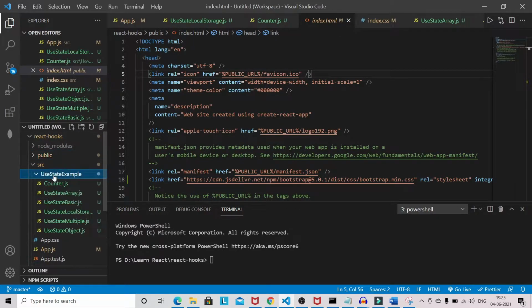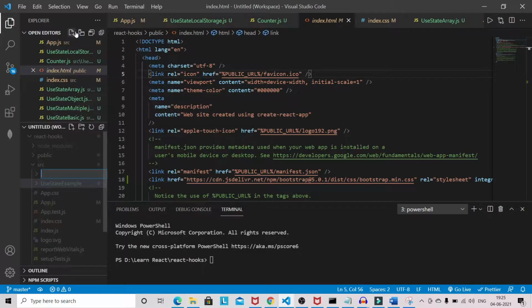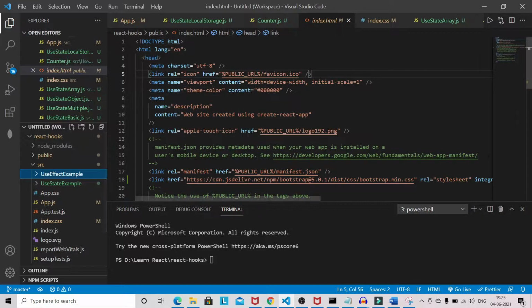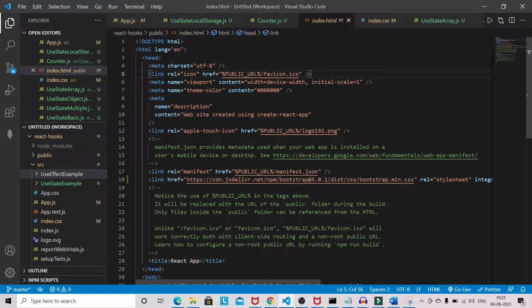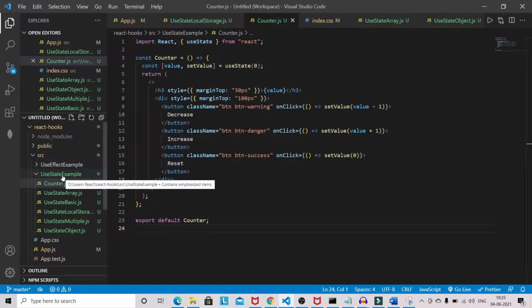I will create one more folder here called useEffectExample. In this we will have a lot of useEffect files.